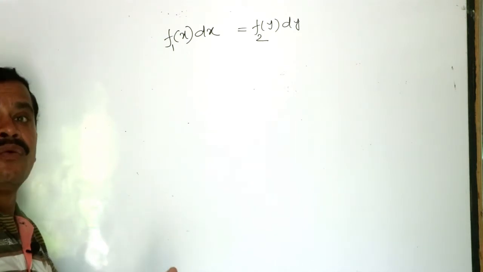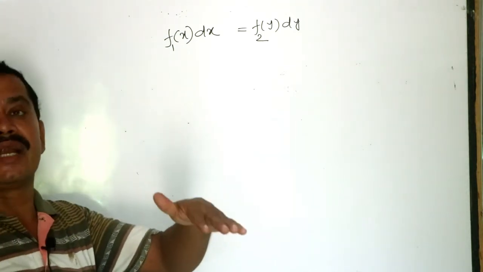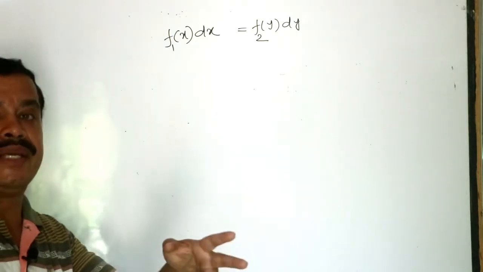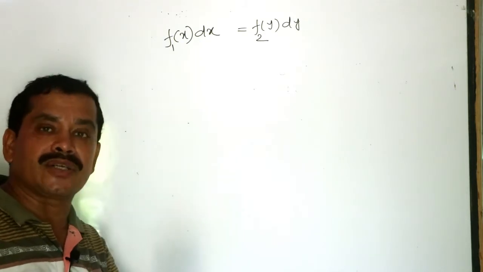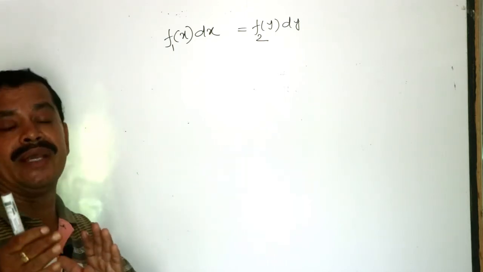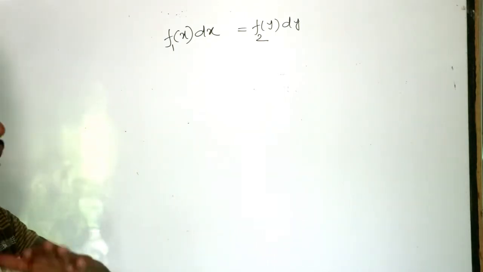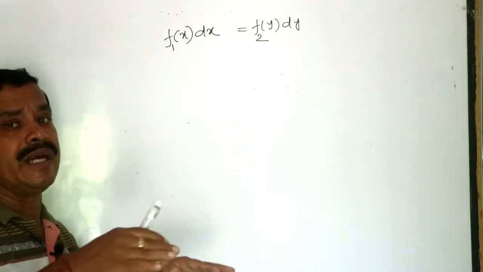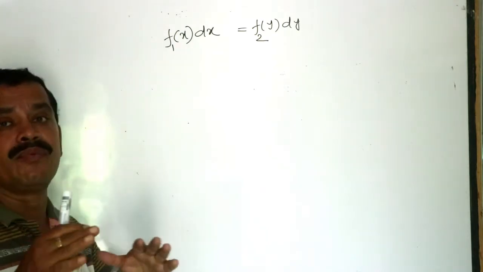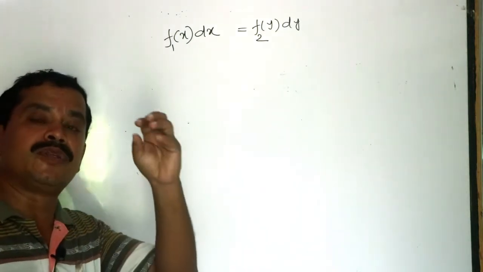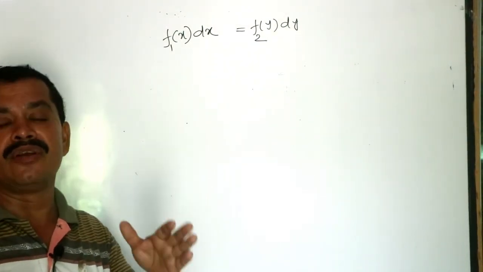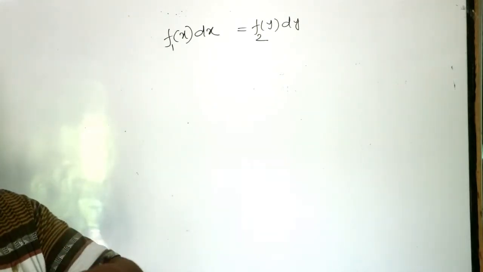There are 2 types. One is first order, another is second order. If the differential equation is second order, then we have to integrate twice. If it is first order, then we have to integrate once. First we have to separate x and y, or x and t, or u and v, whichever variables are involved in the differential equation. According to that, we separate the variables, then integrate.